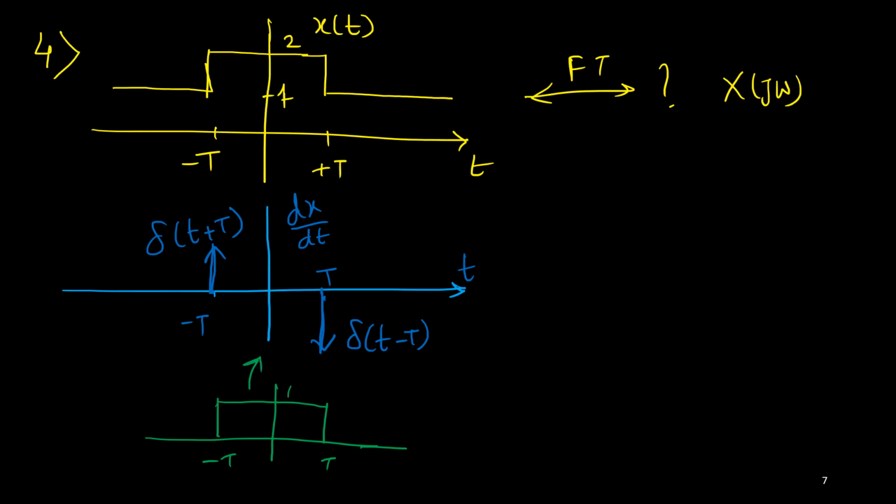The meaning is that the DC component, whatever was present here, is ignored. So basically this x(t) is 1 plus pi of t upon 2T. So whatever we will get from here, we should indicate that this one,